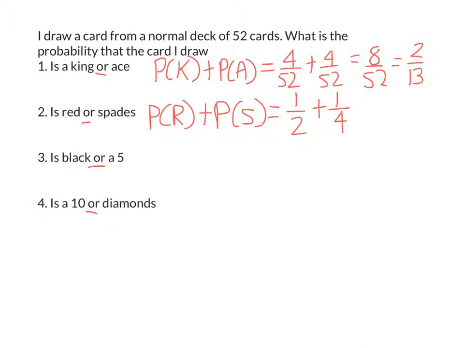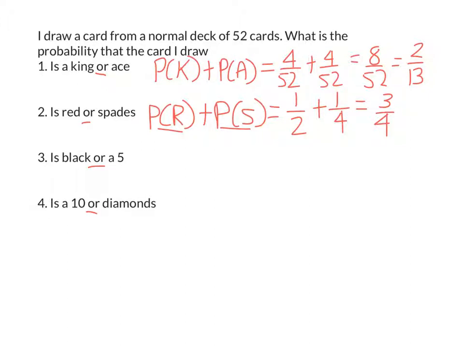So the probability you get one of those is 3 out of 4. You just add the probabilities together. How easy is that? So for the next one, the probability of black or a 5. Now notice these are not mutually exclusive. You can get a card that is both black and a 5. So we need to add their probabilities together like we did earlier, but we need to subtract the probability they